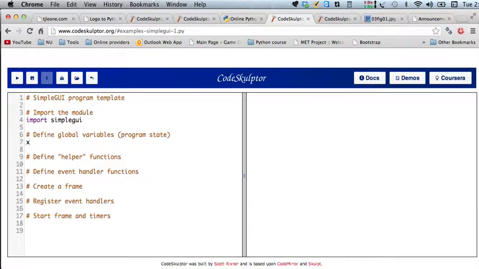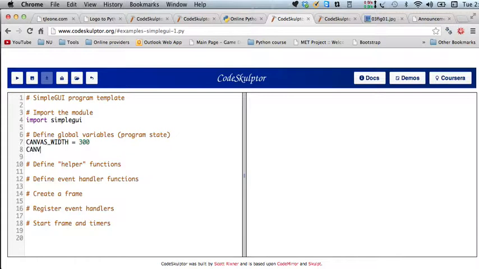Actually, you know what I think I'll do is, before I even define the global variable for the circle, I'm going to define two global variables for the frame, because remember, you have to create your own frame in Code Sculptor. Actually, for the canvas, because the parameters that you give to the frame are for the canvas width and height. So the canvas width, I'm going to make that, let's say, 300,